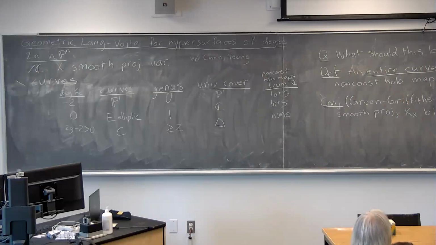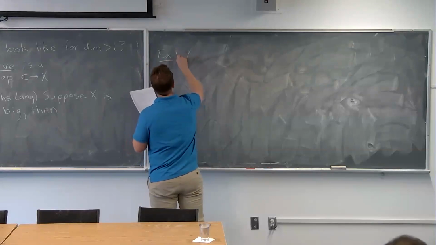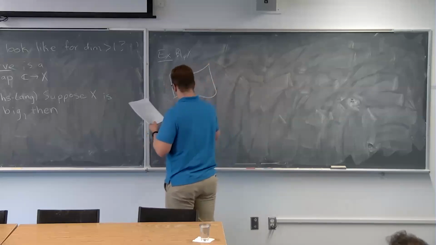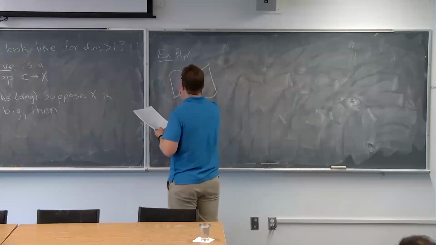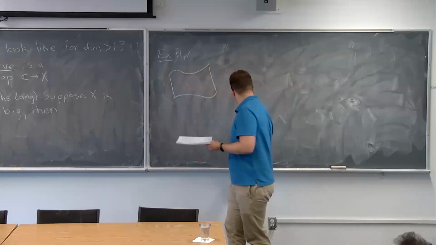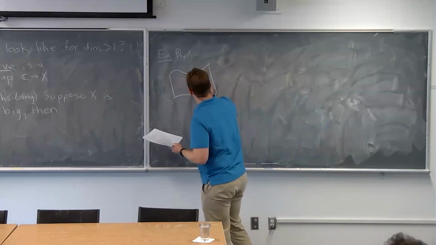That can't possibly be true for higher dimensional varieties. Suppose we take some variety X, and then blow it up at a point. So we have our X, and then we have the blow-up, which has some exceptional divisor E. You use the orange, yes. Orange, excellent. It's really best, especially for the recording.